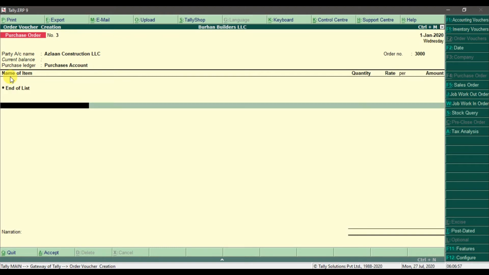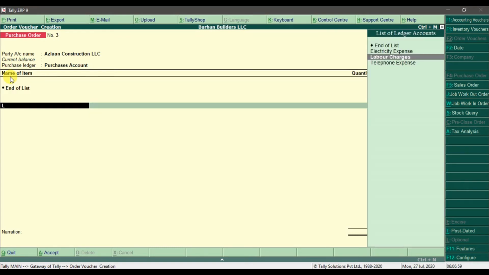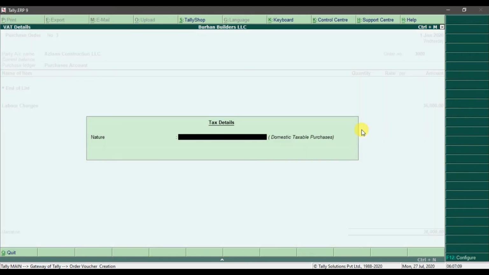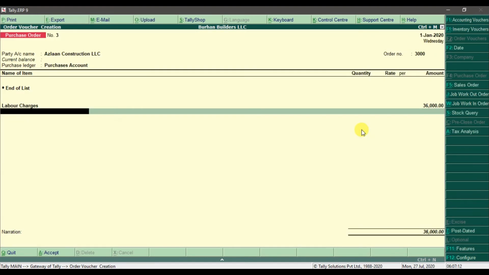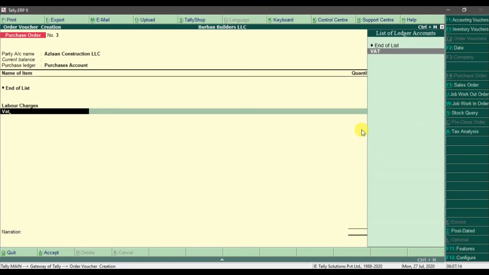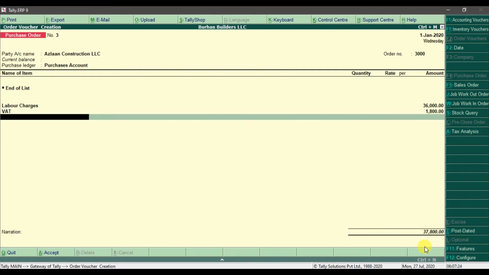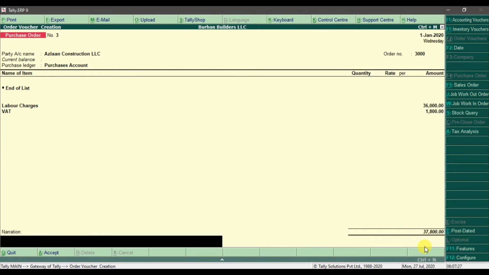So you can press enter again, and here we can select from the list of ledger accounts, the labor charges. Enter, enter, and the total amount is 36,000. Enter, and you can apply the VAT also. Enter, and the total amount is 37,800 with the VAT. Enter, enter, enter, and you can issue the purchase order to